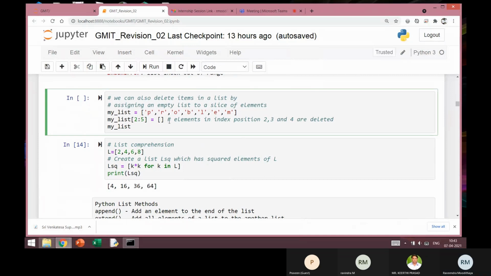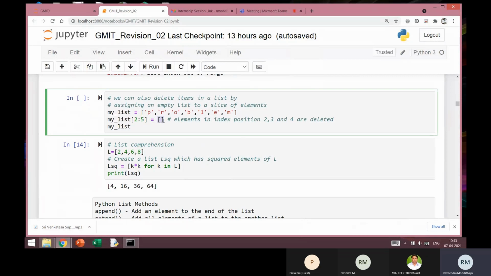Now this can be easily accomplished by using an equal to operator. On the left side, I just mention the slicing operation, from 2 to 5 of my list, which has to be deleted or removed.